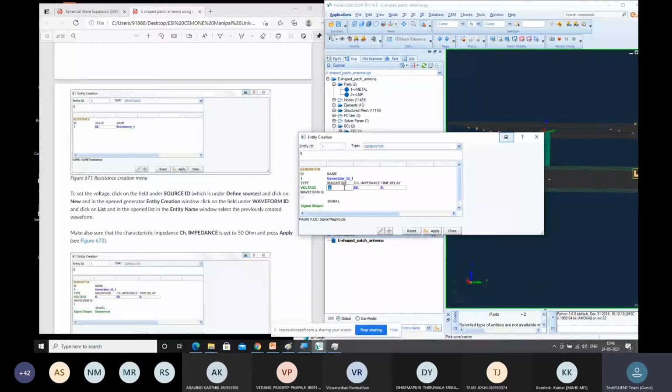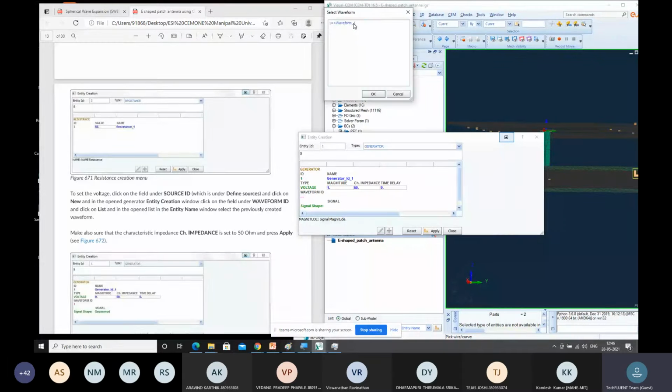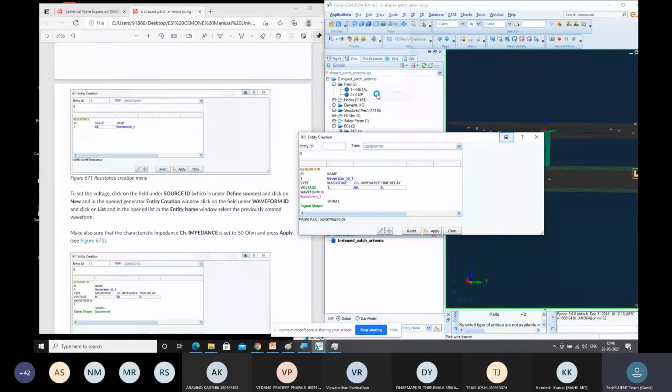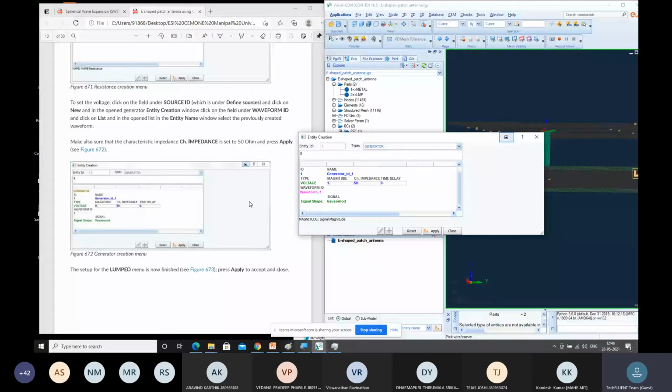And here for the waveform ID, you can select the waveform ID that you selected first. So this waveform 1 refers to the frequency of 2 gigahertz to 4 gigahertz that you have created. Click on OK. Even if you put the magnitude as 0, at the other end you can check that while going with the excitation, you will actually get 1 volt by default. Even if you put 0 magnitude, it works out. Click on apply. So once it is done, the source ID has been set up, loads have been set up.